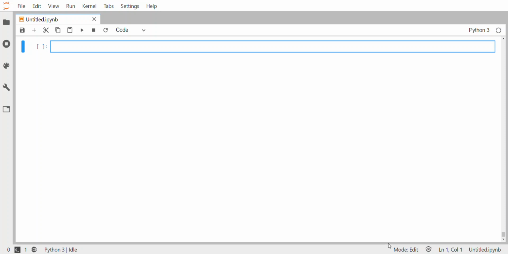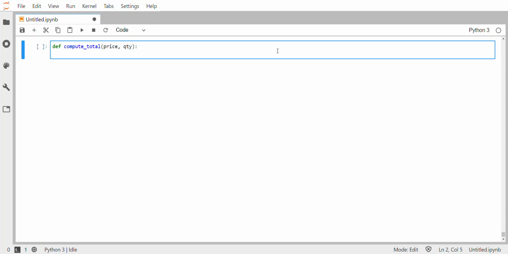Right? Now, you may already understand how assertions work, but we're going to give assertions a bit of a tweak this time. Let's take an example. You have a simple function that computes the total price of an item. So I have a simple function that does price times quantity, and what we expect it to do is to just simply return price times quantity. Yeah, nothing more, nothing less.